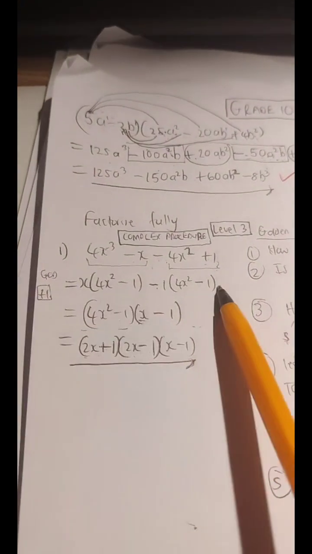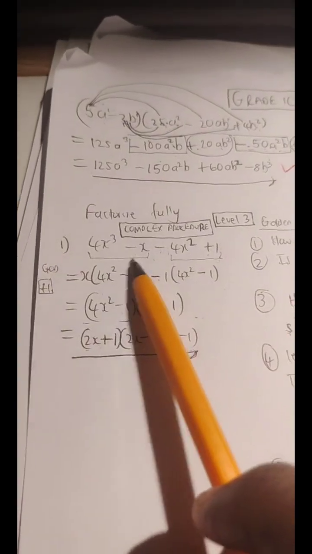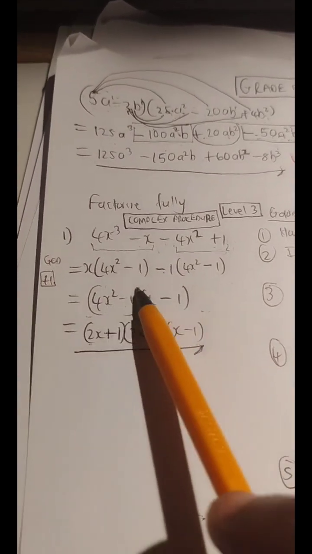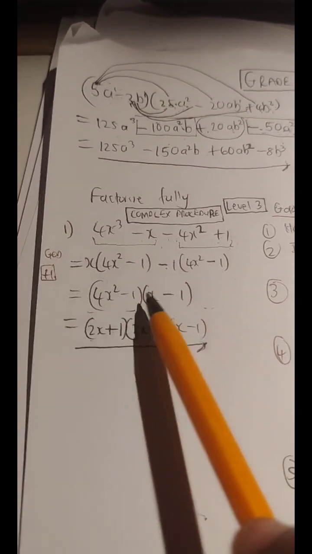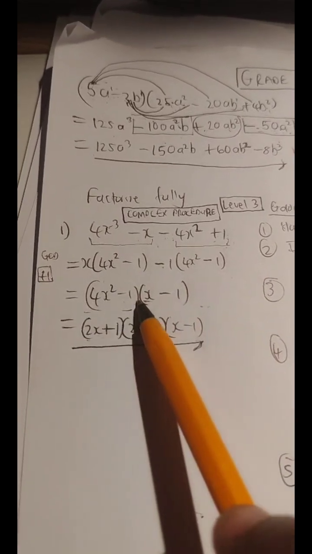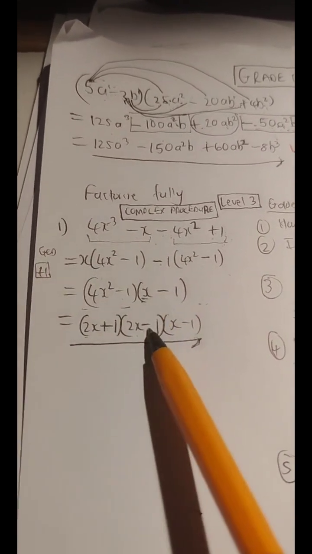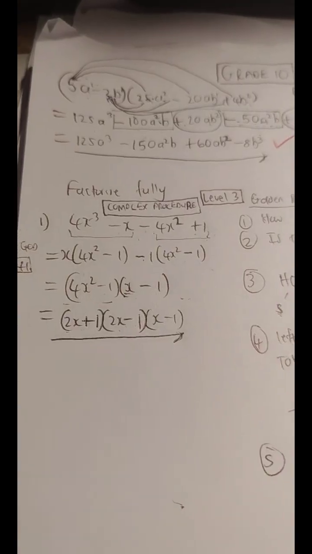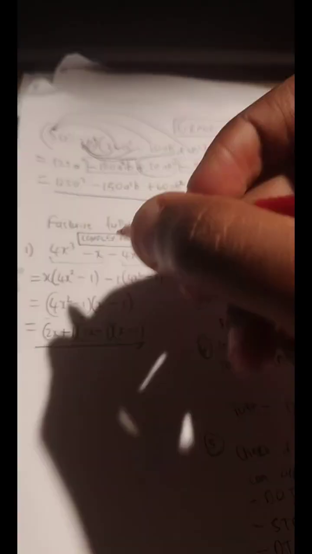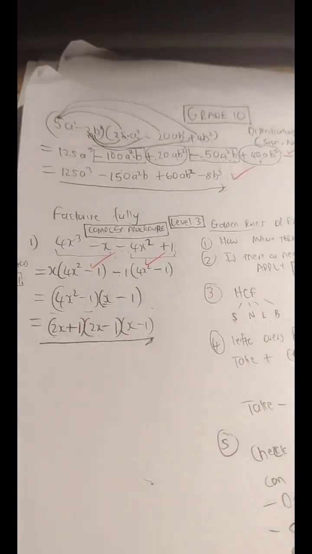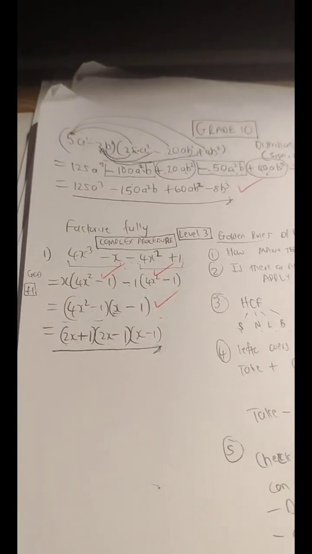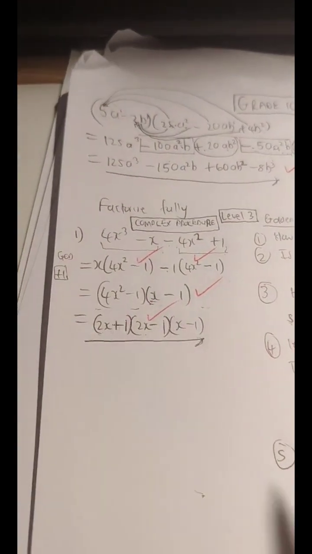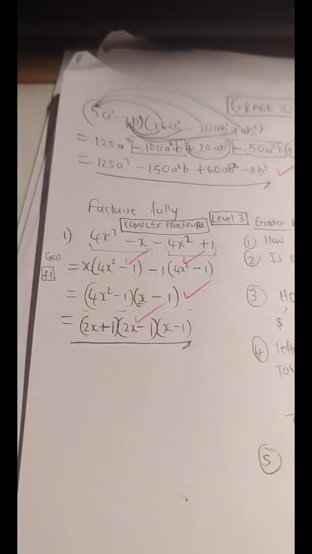Once you factorize once, most people would think that with grouping, we are finished, and then they end right there. But then they don't check, can I factorize anything further in each bracket? And that's where we see, 4x squared minus 1 can be factorized further. So we complete the factorization so that we do not sabotage ourselves from getting the appropriate marks. So you would get 1 mark here for taking out the common factor bracket, and then of course you get a final mark, guys, for making sure that you do the difference of two squares for 4x squared minus 1.